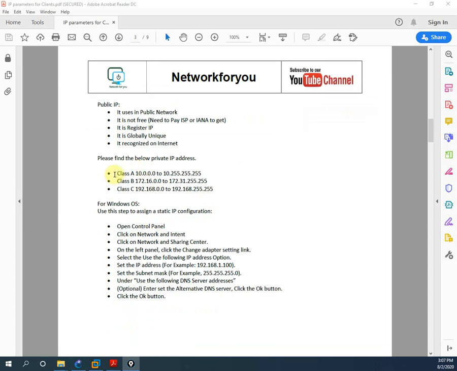And for the private IP address, this is the range. When we are doing lab, we are going to use this one only, and mostly in our routers, in our home router, that is SOHO, small office or home office, we are using that one also. If you remember, in your home also you have a Wi-Fi router. Your router will get one public IP, and after that it will do NAT. After that NAT, they will assign.